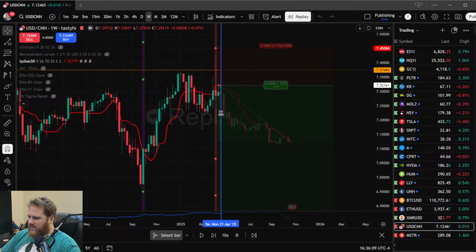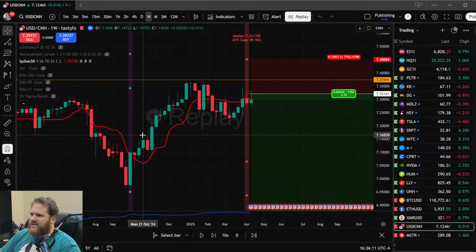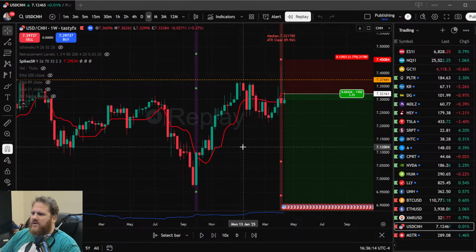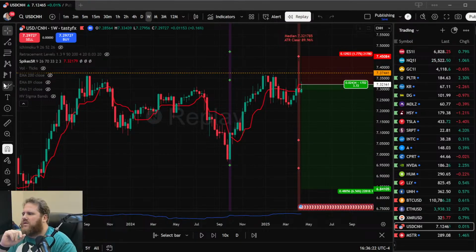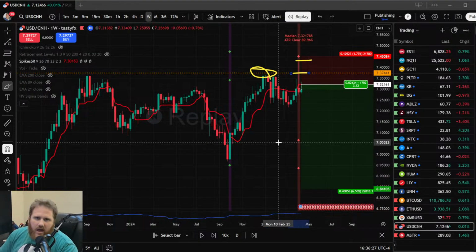These spikes, you notice how it says ATR clear. That's because I make this signal, this indicator fire whenever price breaks the previous high by a certain average